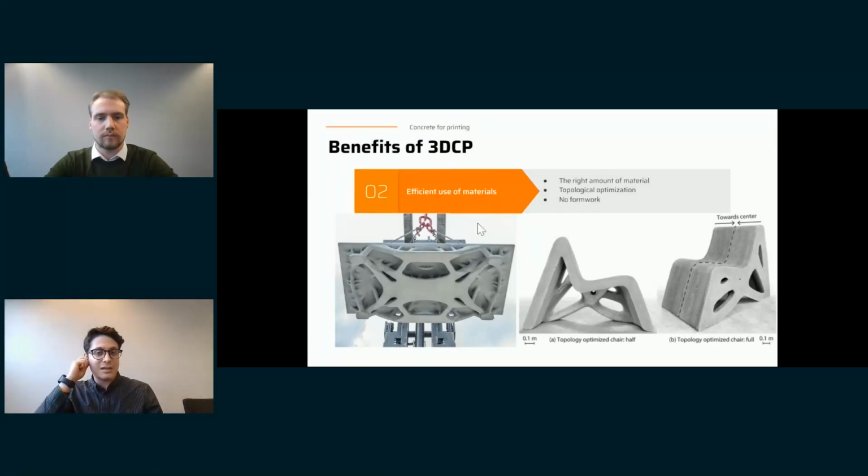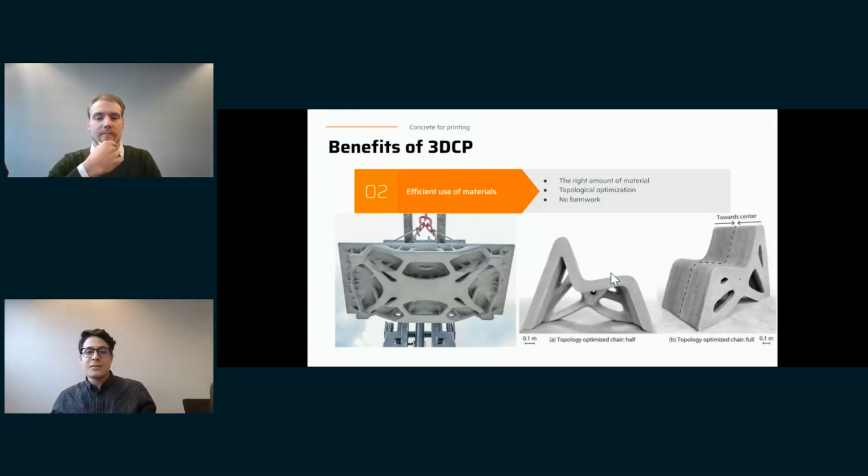If you check the photo that I put there, this is part of the research of topological optimization. That, in other words, is the mathematical method that optimizes the localization of the material, depending on the purpose, loads, or boundary conditions. This means that we can design, in this case, a chair, a table, or an important structural element, and deposit just the right amount of material. And in this way, we are saving a lot of material. We are using the material in an efficient way.